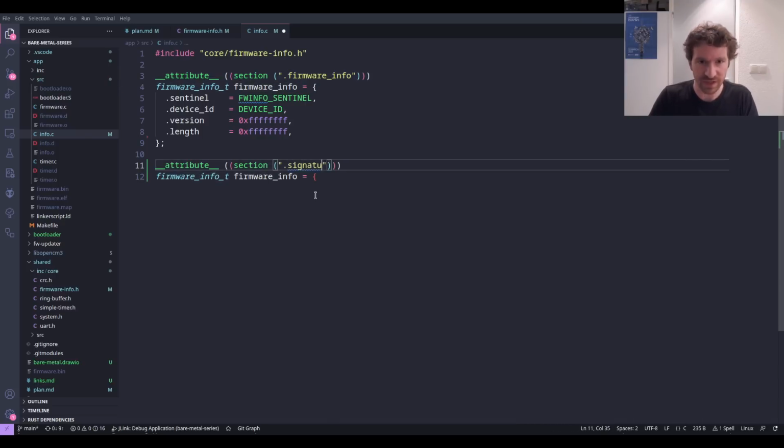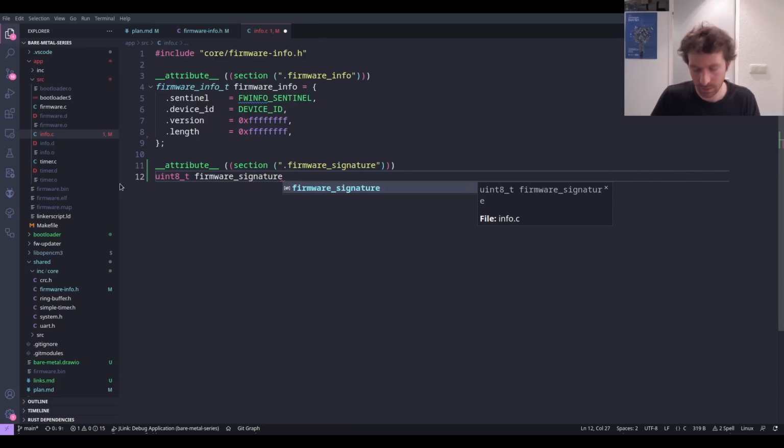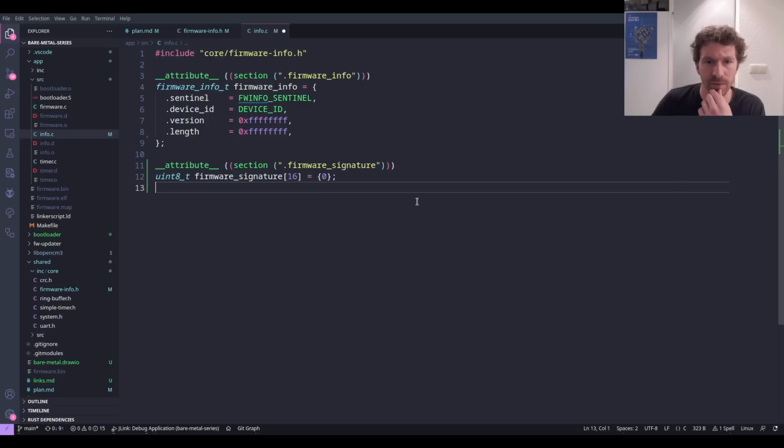a signature section. So we'll call it the firmware signature section, and we'll just make sure that this is a UART firmware signature, and that's going to consist of 16 bytes, and we'll just set those all to 0 for now. They don't have to be anything special. So this is going to be the AES key size, and